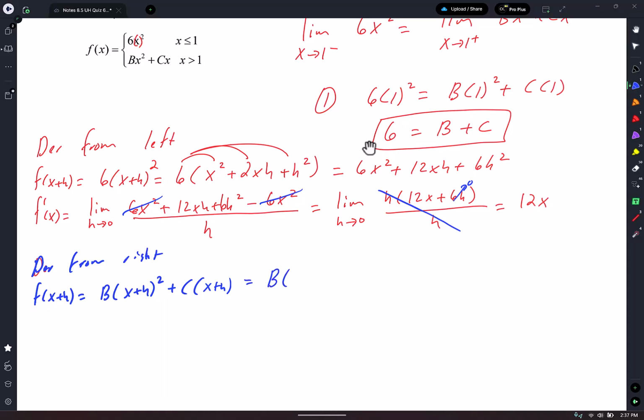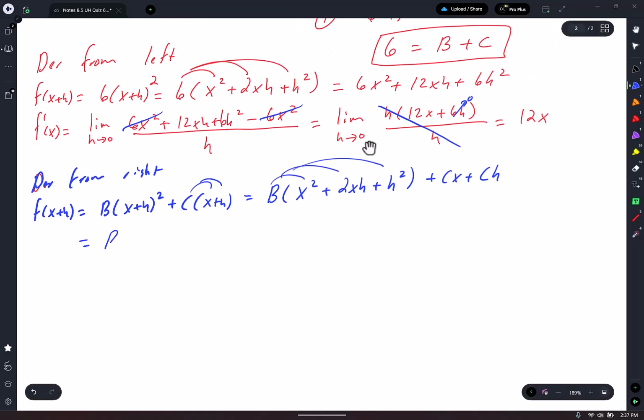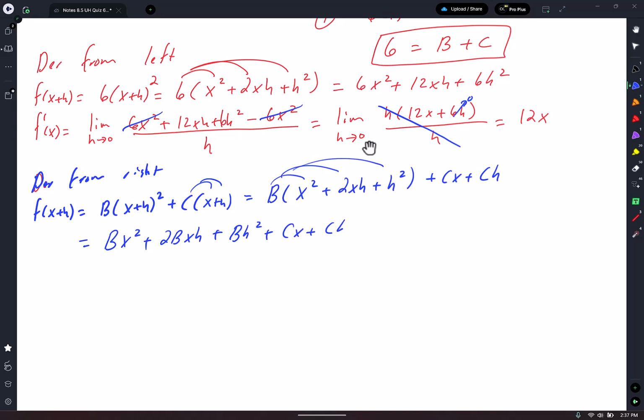Equals b parenthesis x times x times h. But I'm going to have two of them, so I'm going to write 2xh, and then h times h, h squared, plus, and then let's go ahead and distribute that c there. Cx plus ch. All right, let's distribute the b as well. Bam, bam, bam. So this is going to equal, let's see, bx squared plus 2bxh plus bh squared plus cx plus ch. All right, now I'm ready to find my